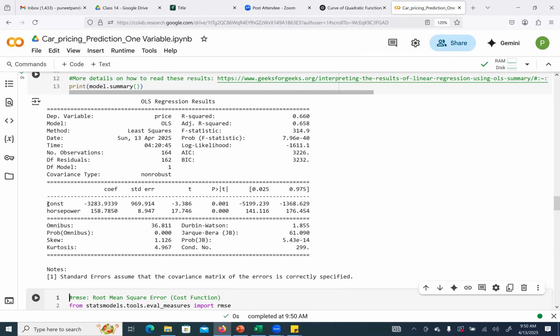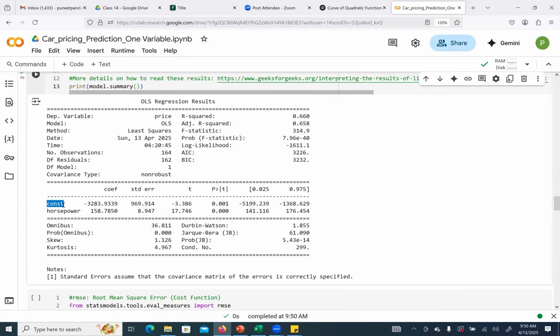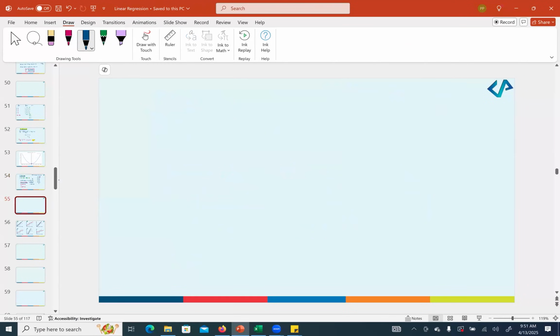Okay, here these are the coefficients. So this is the constant. This constant's coefficient is -3283. For horsepower, the coefficient is 158. Okay, what is the meaning of that? It means that now if I have to write the linear regression equation,